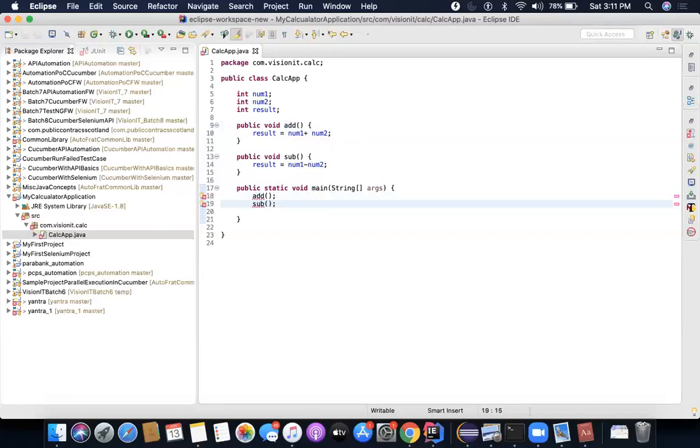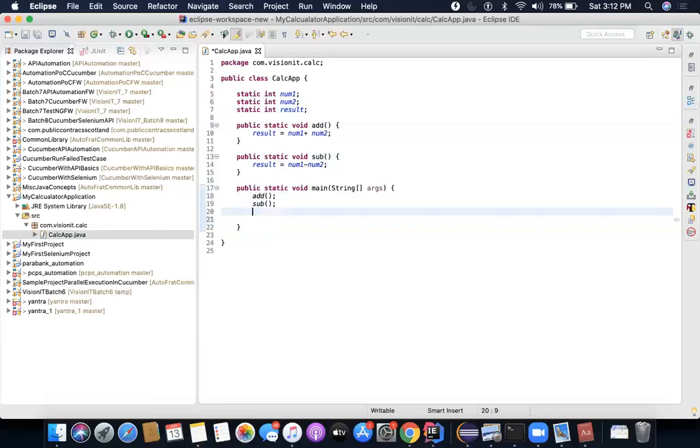Okay. Now it will give an error as of now because I'm calling them from within a method which is marked as static. What is static? Again, something to do with Java. We'll learn about it. As of now, it's not that much required. All I can do to solve this is mark them as static as well. So everything has to be static because I'm calling them from a static method. All right. Now my program should work.